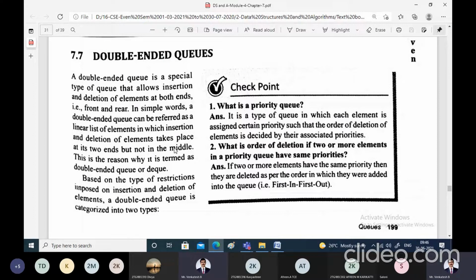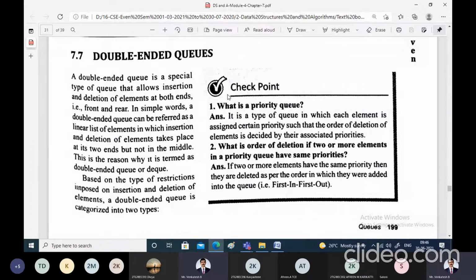Another way is randomly insert them into the queue and then delete based on their priority. Among these two approaches, we have followed the approach of sorting. That is, we were sorting the elements during the insertion only, and then we are deleting based on their order.